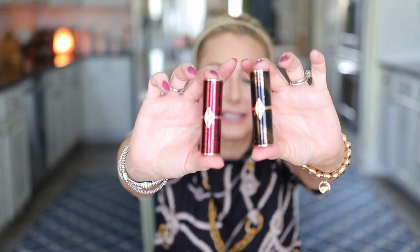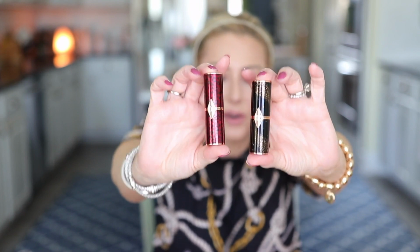Let's stay on the Charlotte Tilbury train, shall we? So what's going on my lips? I finally got my hands on the new Hot Lips 2 release. These cases, who even cares what's inside the tubes? These cases are incredible. And the 2 shades I've been wearing nonstop, the one that I don't have on right